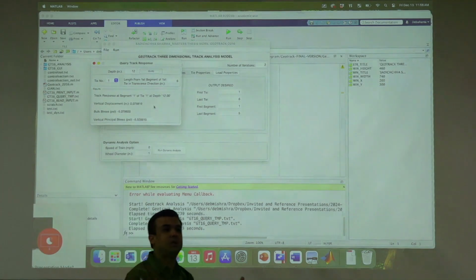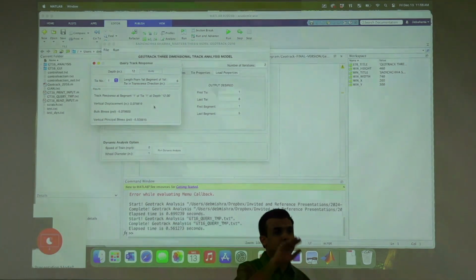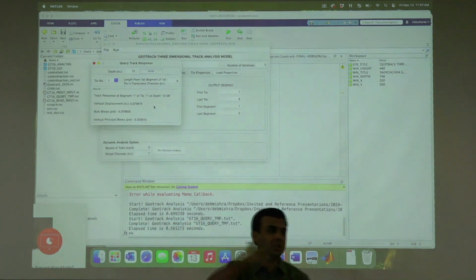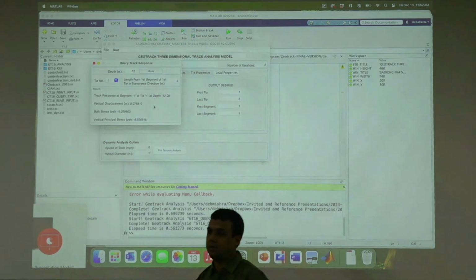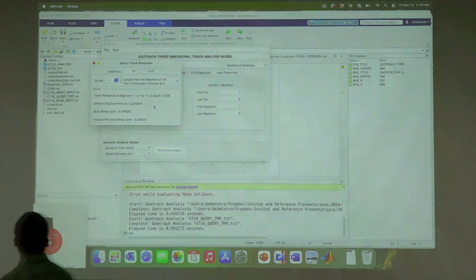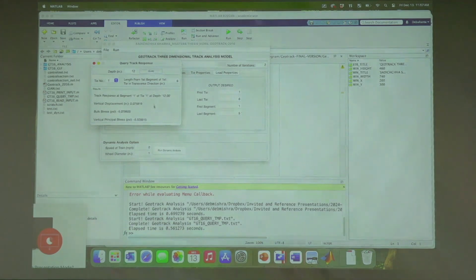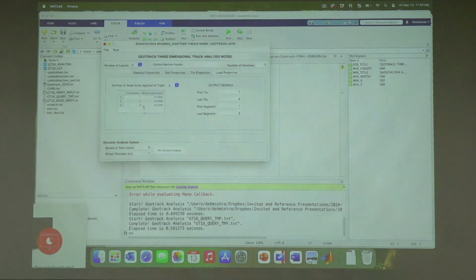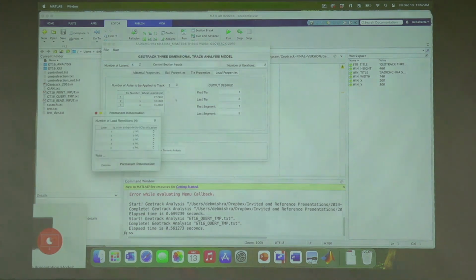So just like GeoTrack did yesterday, right? You could do what Illipave did yesterday with the query points and stuff. You're doing the exact same thing here. That's one aspect. The other aspect you have is you can do permanent deformation calculation. So basically what you can do is